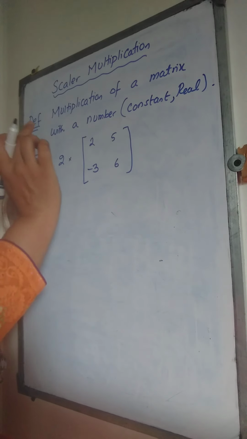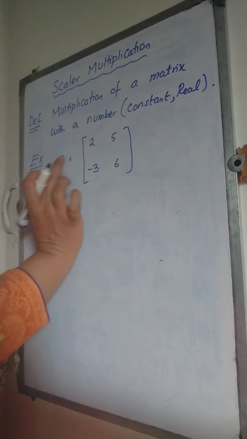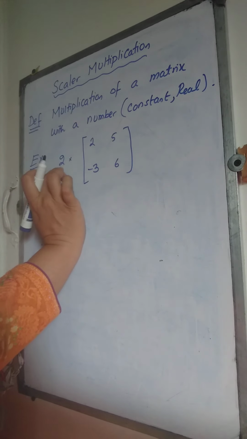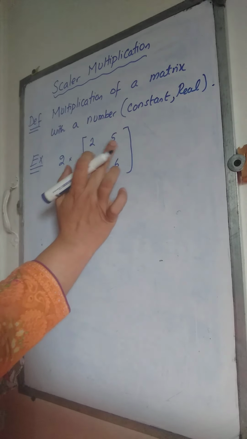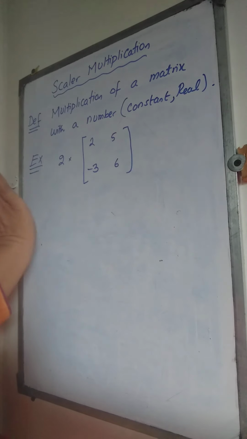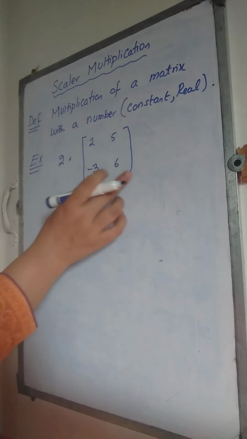Scalar multiplication में क्या होता है, कोई भी नंबर आपके पास होगा, एक मैट्रिक्स होगा, you are going to have a number and a matrix, और उनको मल्टीप्लाई करने के लिए आप क्या करोगे कि इस नंबर को पिक करके each and every element of this matrix, ठीक है, हर एलिमेंट के साथ आप मल्टीप्लाई कर दोगे and that's it. That will be the scalar multiplication of 2 with the matrix, with this matrix.